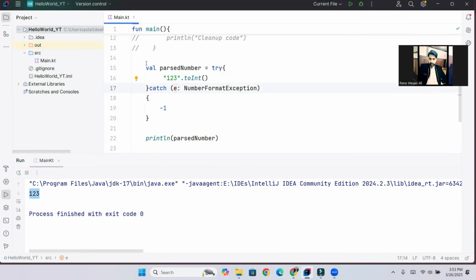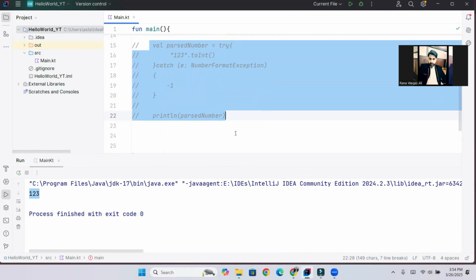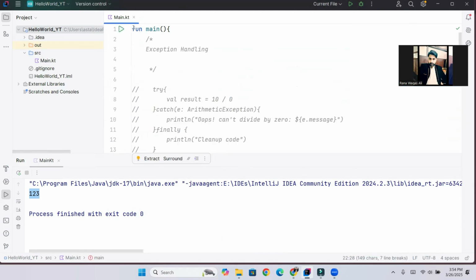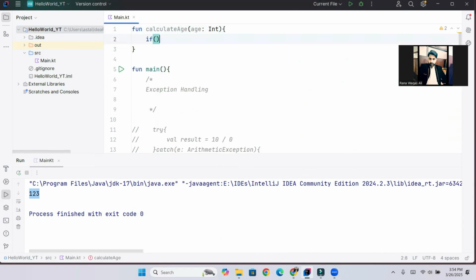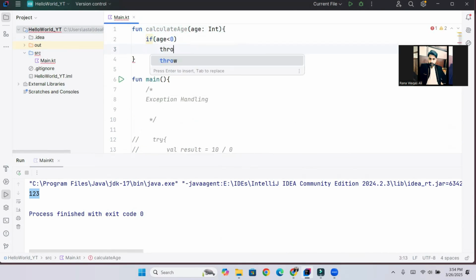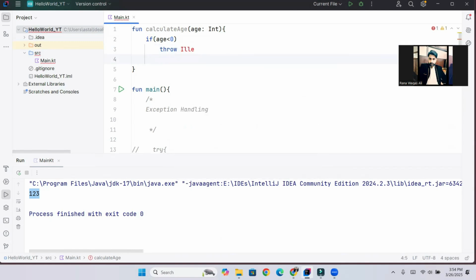So guys, you can throw your own exception also. Let me tell you how you can throw your own exceptions. Let's have a method here, fun calculateAge, and we will pass age as an Int. If that age is less than 0, we will throw an exception here, an illegal